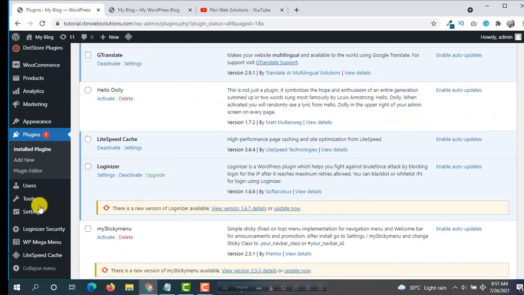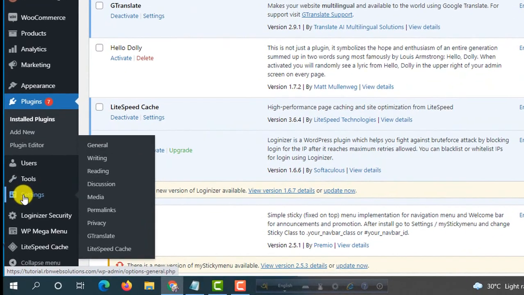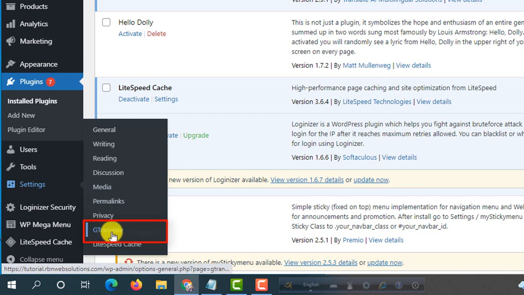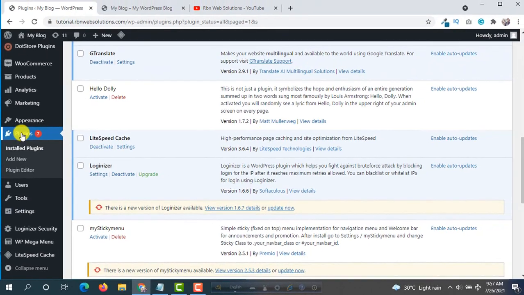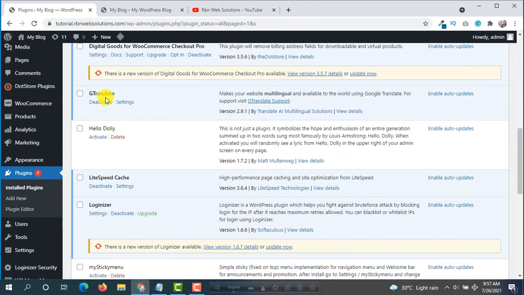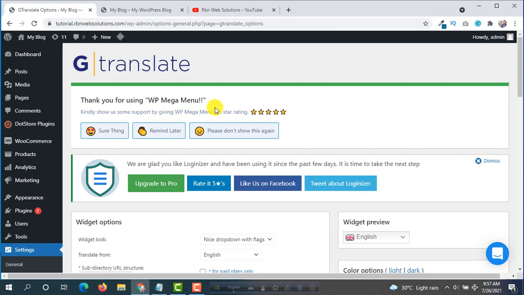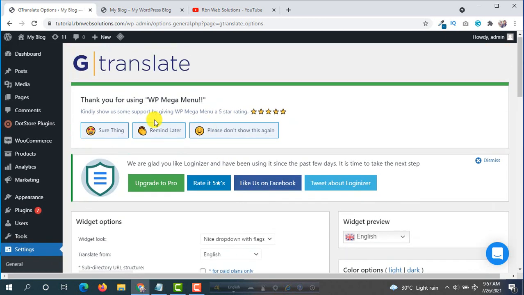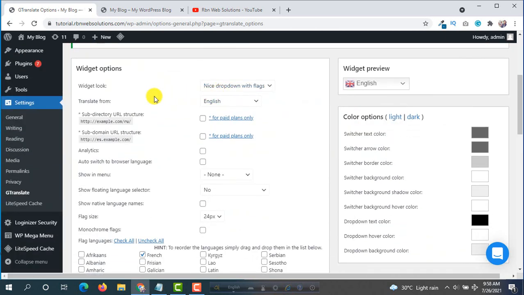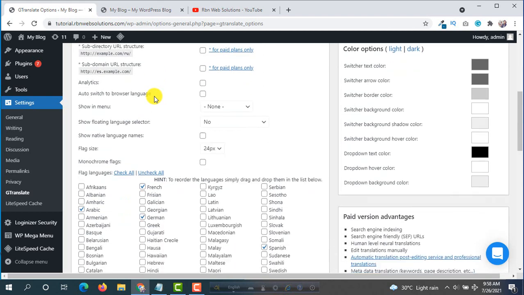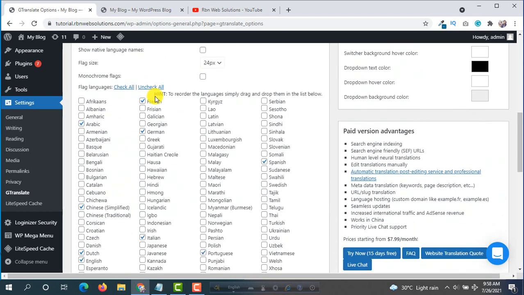Now if you hover on settings, you will get an option ZTranslate, or if you go to plugins, you will see the new plugin name and then click on settings. After that, you will get all options on this page, and now you can select which languages you want to display on your site front end.